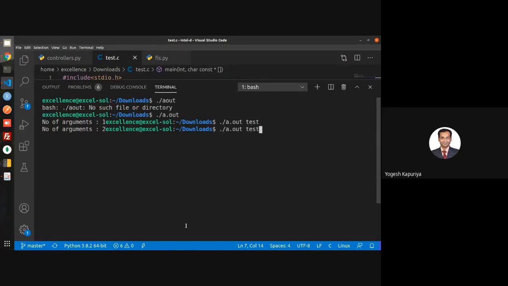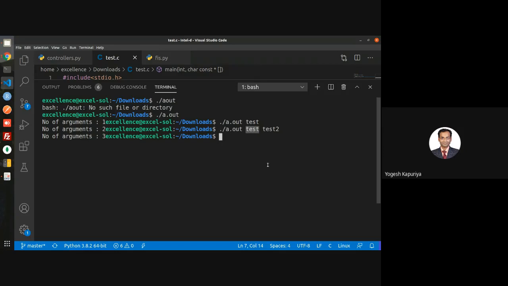Observe, it's 2. So basically, whatever you are passing after this file name, this is the name of the file which you are executing. So the name of the file is the first argument, and then you can pass any number of arguments.